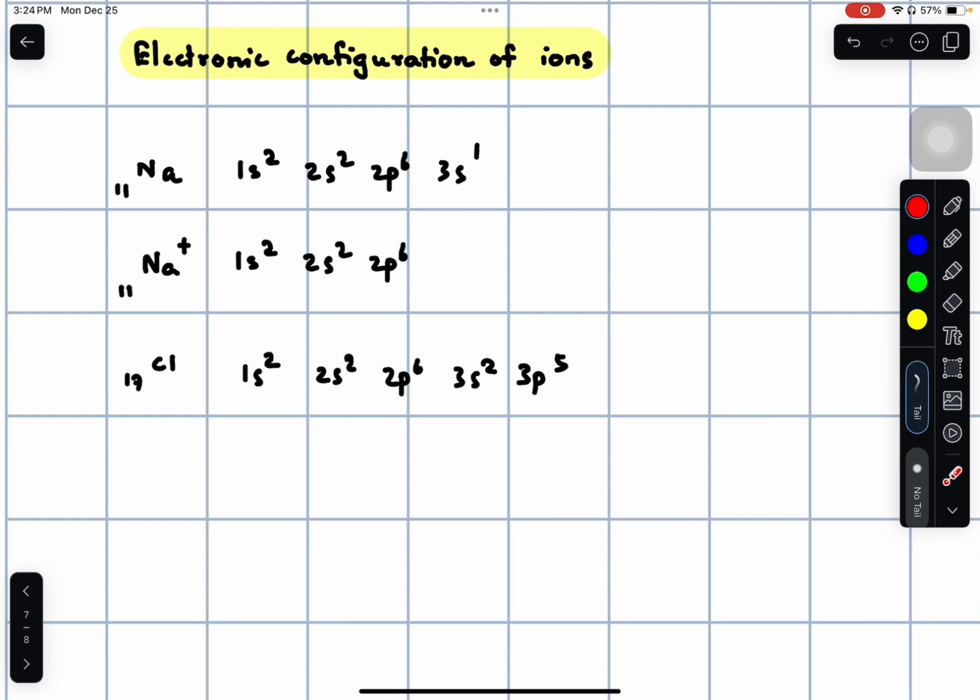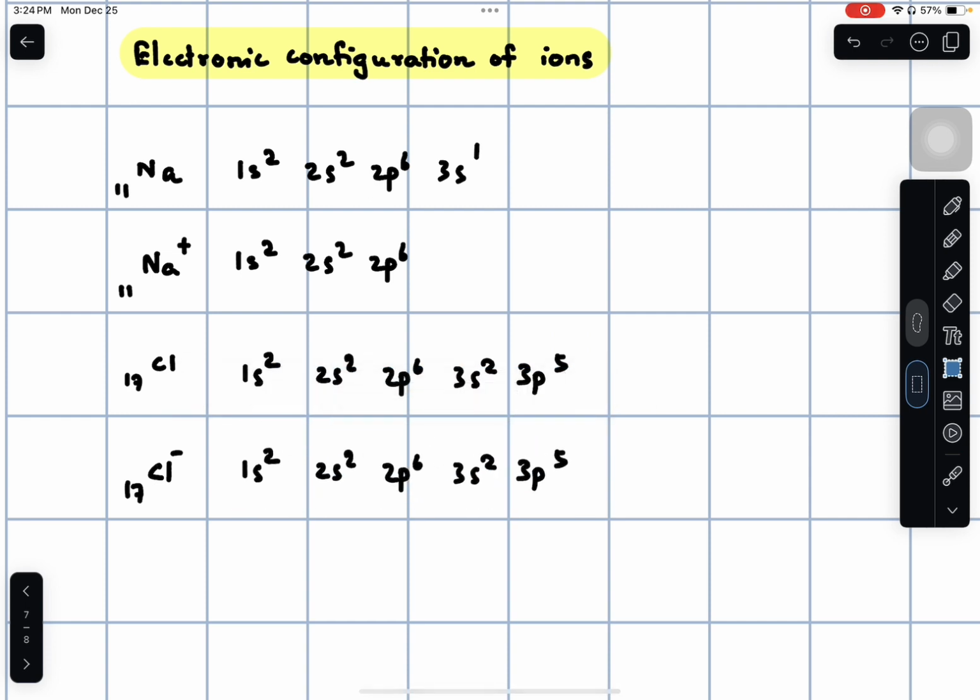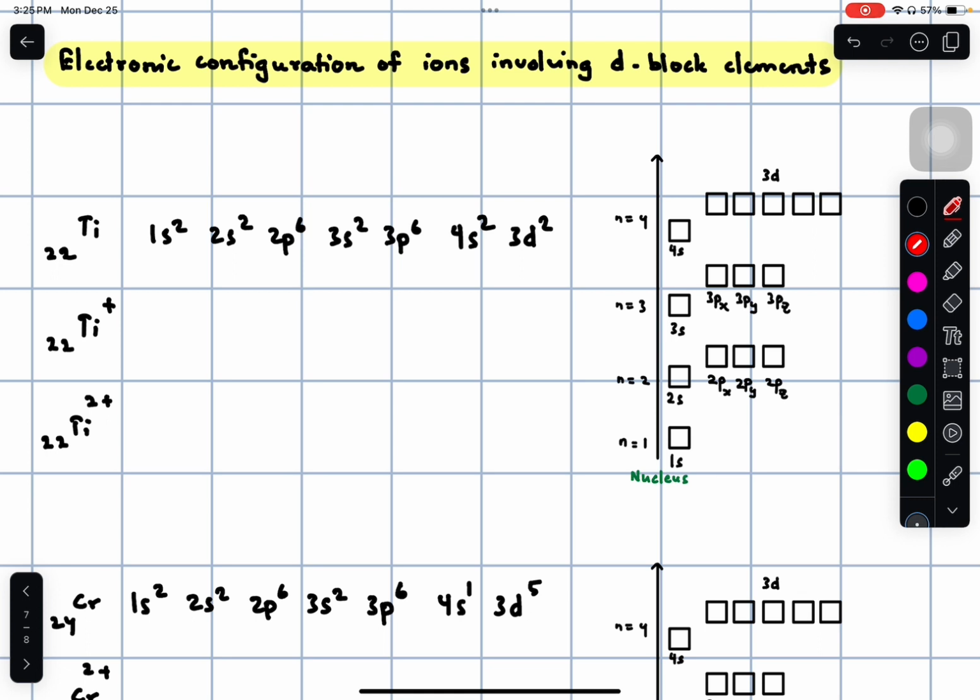The electronic structure of chlorine atom looks like this. What would the electronic configuration of chloride ion look like? Which is Cl17 minus. So in order for chlorine to become a negative ion, it must gain an electron. So we're simply going to add one electron. So instead of being 3p5, this is going to be 3p6. The electronic configuration of ions, when it involves the d block elements, becomes a little bit more complicated,